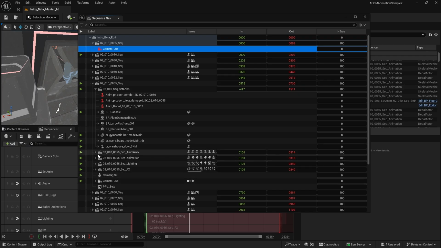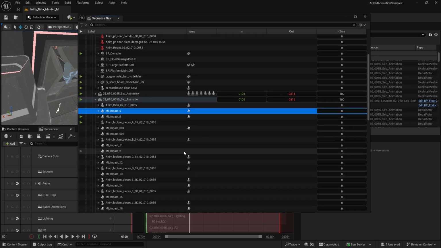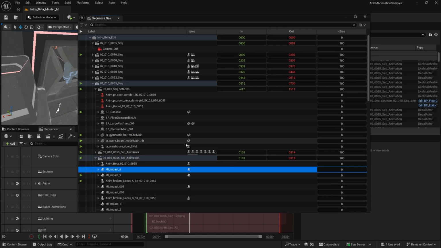So you will see what kind of actors, like whether there are skeletal meshes or light equipment or Niagara particle effects or static meshes or blueprints or materials, whatever. So whatever it is here will be listed with its icons. So it's a very good way of manipulating and making those changes.